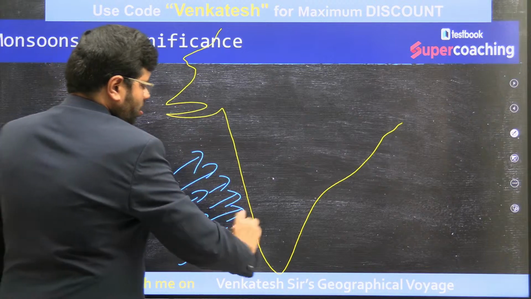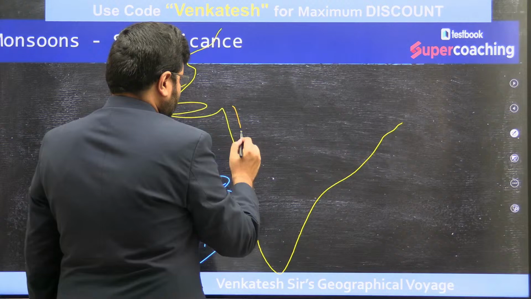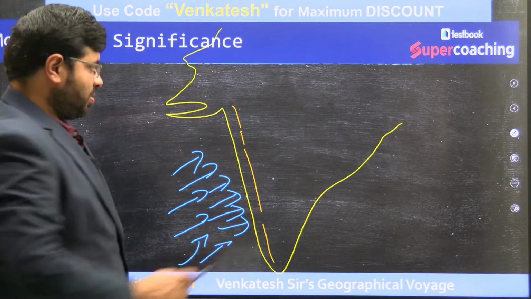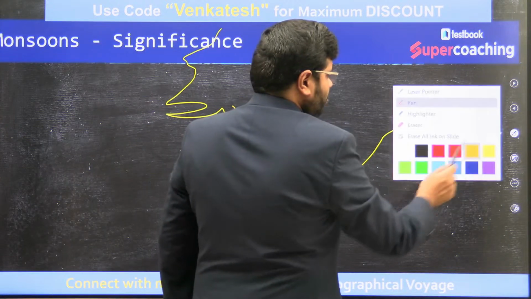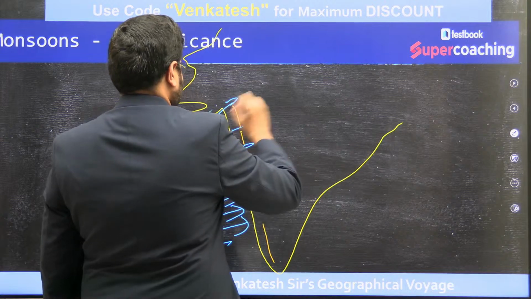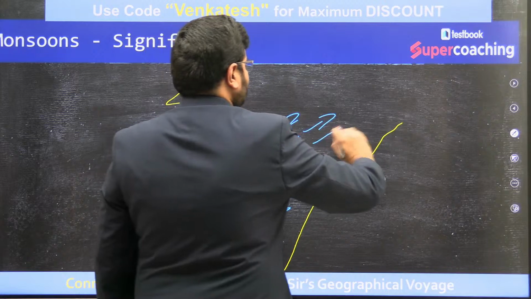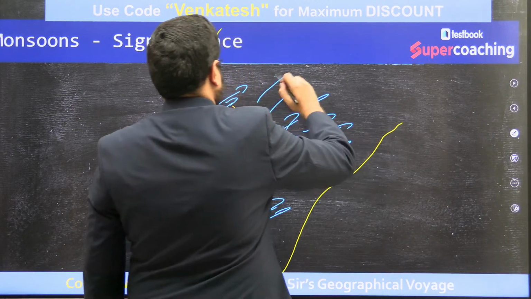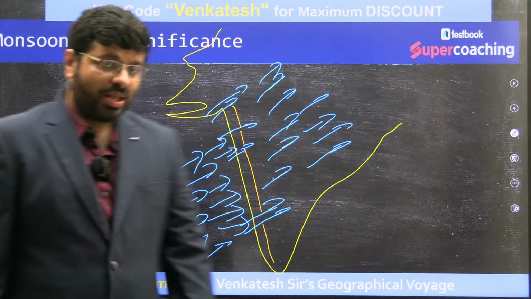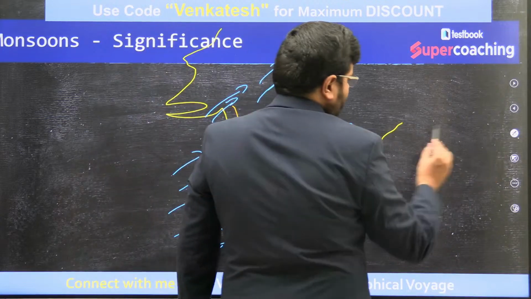You have the topography here, right? The Western Ghats. Bypassing the topography through the mountain passes, through the gaps of the Western Ghats, you can see the southwest monsoons enter into India like this. Then you have the topography of the Himalayas. When you talk about the northeastern one, here, if you see it here,